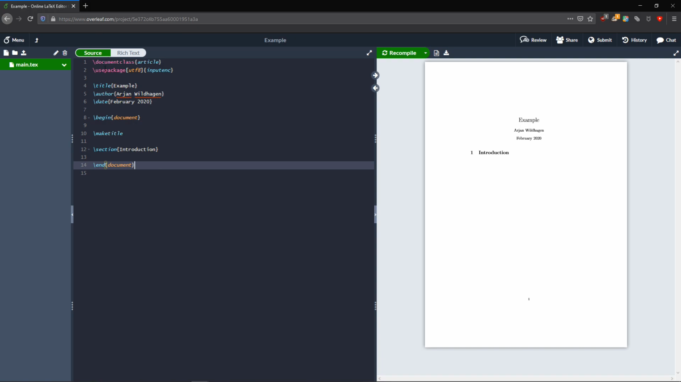We also have the use package command, and this is similar to import in Java and Python, where we import libraries, and here we just use packages, and these packages have functions that help us enhance our LaTeX experience. So here we have the introduction, and we want to type a lot of words, of course,